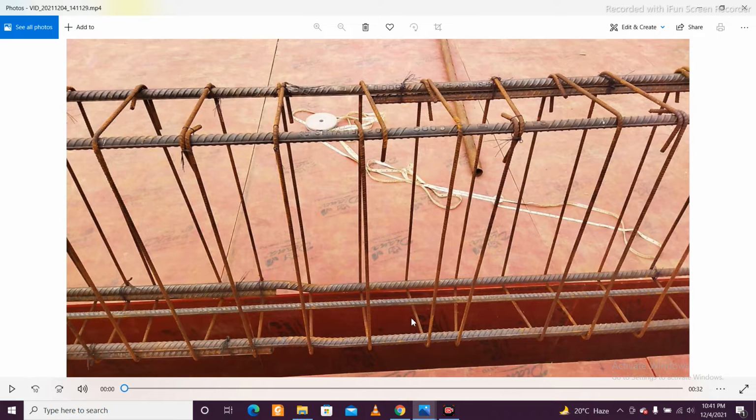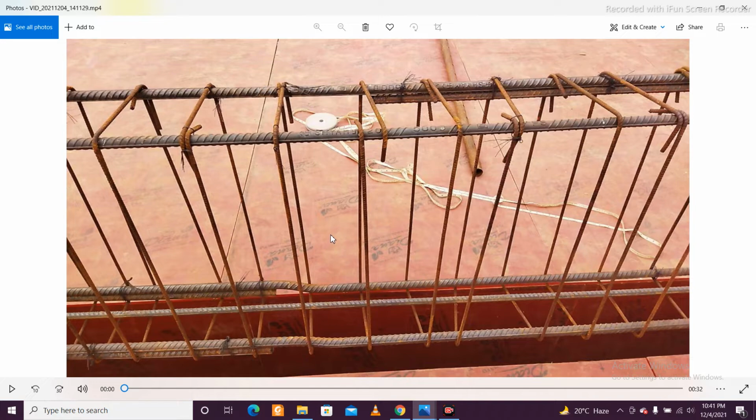I'll discuss more about it, but first of all you need to be able to read the drawings, and then decide in which zone lapping will be provided. After that, practically on site, you can mark with the help of chalk on this ply, and then check what the foreman is going to cut in terms of rebar pieces.